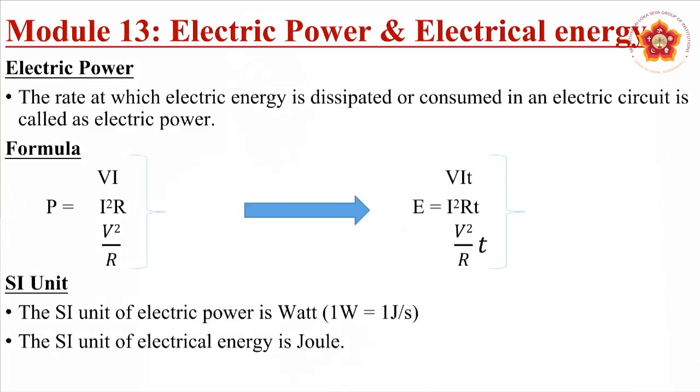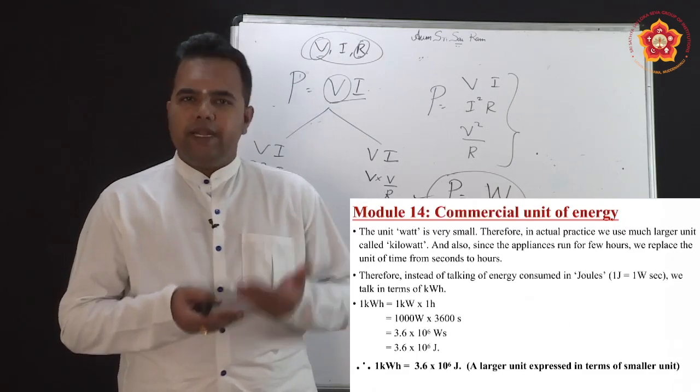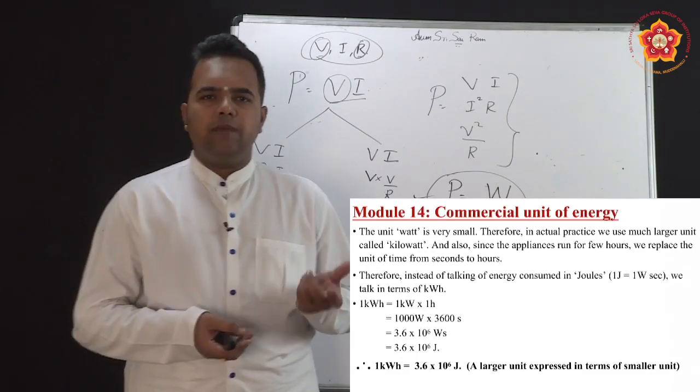But what happens? The commercial unit comes into play now, because generally the power consumed is in kilowatts, because day to day, machines or components are used for a longer time. Generally we do not measure the time in seconds. The time the machine runs is given in hours, and the unit watt is very small. So, therefore, kilowatt is the more convenient unit. It is like instead of calling 10,000 meters, we call it 10 kilometers. So, it is about convenience.